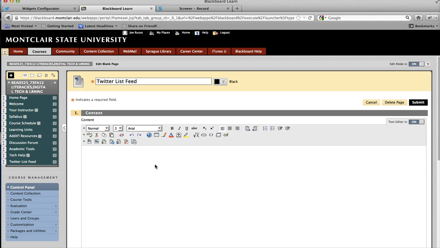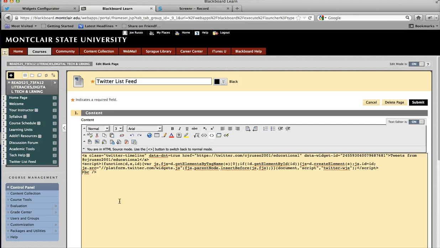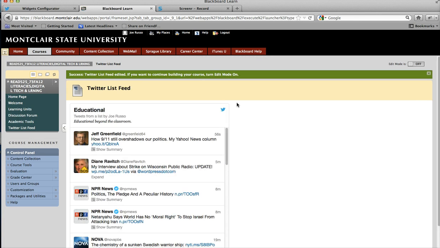And now I have a page that I can paste that into, but what I want to do is I want to make sure I've clicked the HTML source code. So I'm going to click that with the 2 carets, and I'm going to paste my code in. And then I am going to submit. And there is that Twitter list feed, and I can tell that students can see it because my edit mode